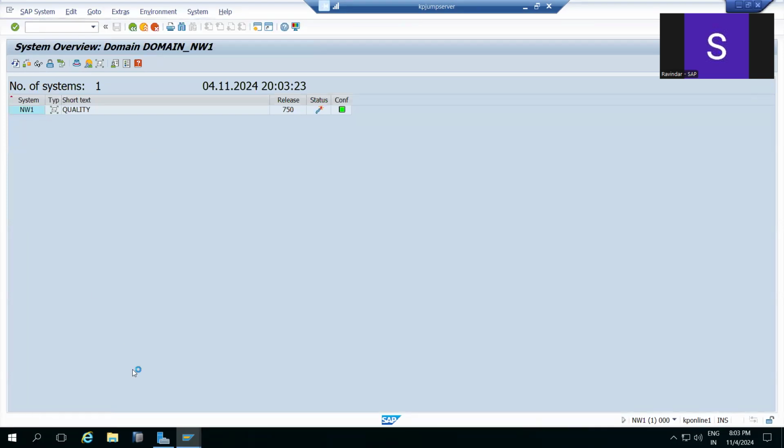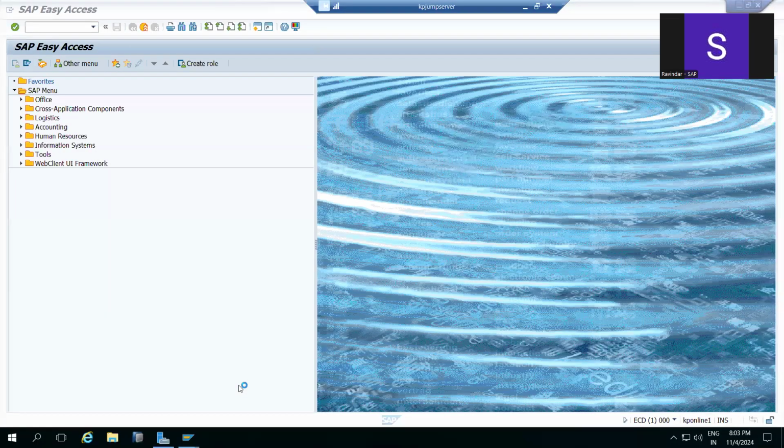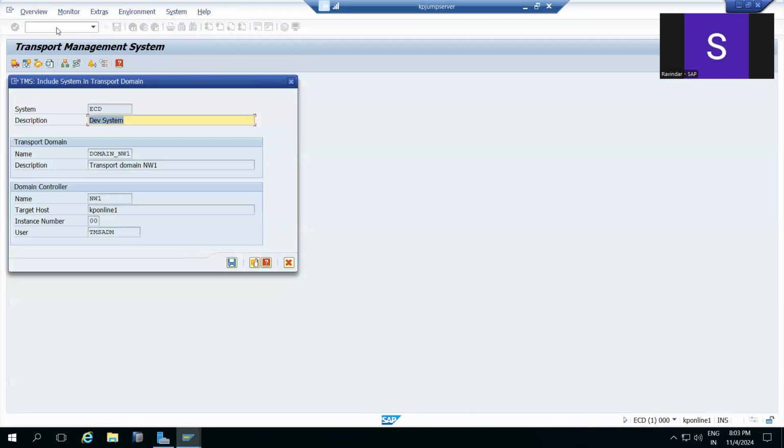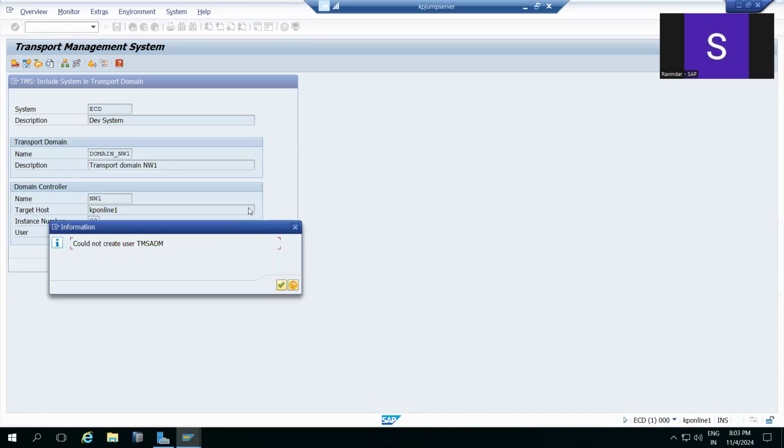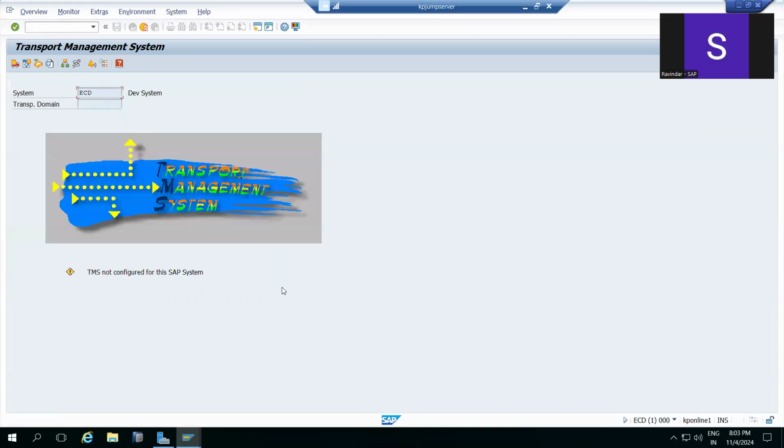Okay, it is done. Because previously we did the configuration and again we deleted something, right? That's the reason. In fresh systems, you won't get this type of issue. In the middle you did it, again you deleted it. Then click on the create button.